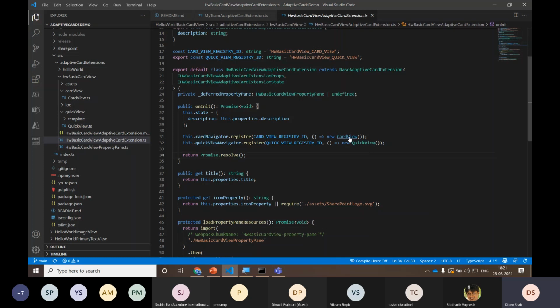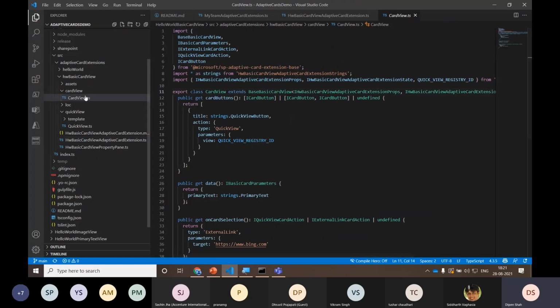When I click on the card view, it gives me the file inside the card view folder. Now the card view extends from the basic card view class, along with certain methods, like card buttons. Currently the card view supports only two card buttons, so we can add one button or two buttons as we require.